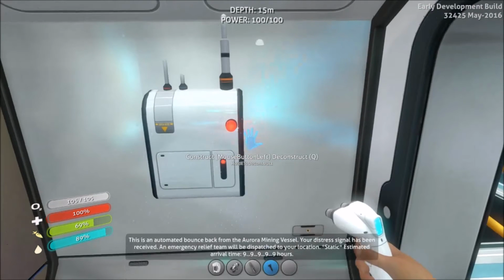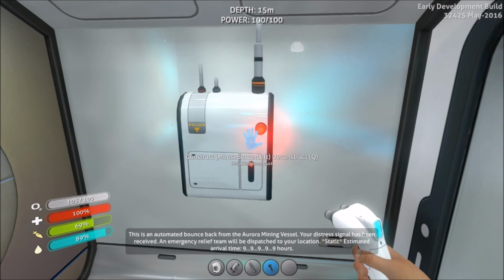Playing message. This is an automated bounce back from the Aurora Mining Vessel. Your distress signal has been received. An emergency relief team will be dispatched to your location. The estimated arrival time,